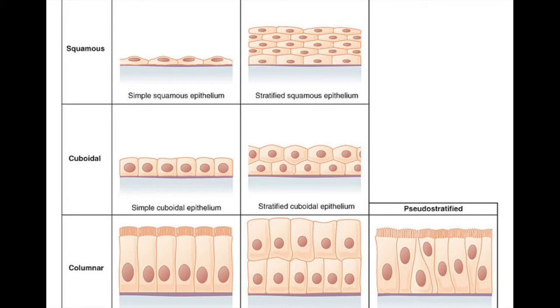Then we've got the stratified cuboidal epithelium. This tissue is made of several layers of cuboidal cells that mainly act as protection. And then we've got the stratified columnar epithelium, a multi-layered absorptive and secretive tissue, and we also have the transitional epithelium,